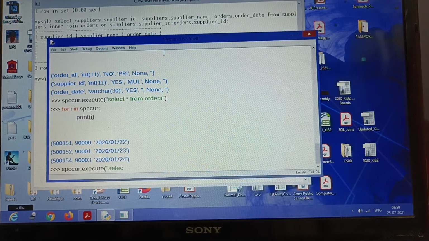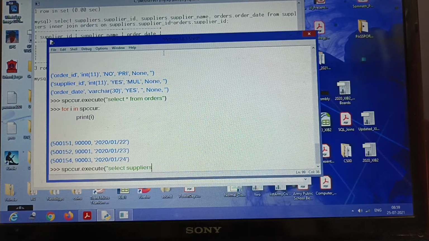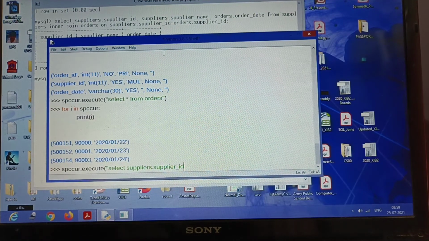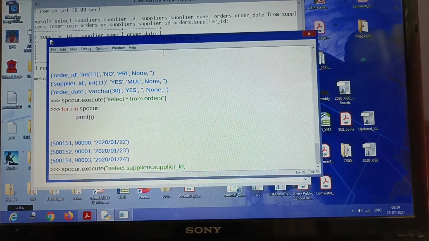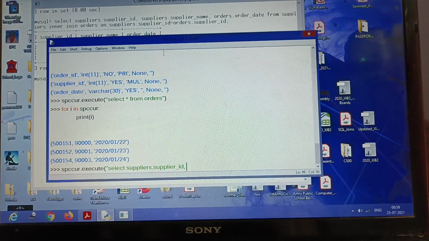Select suppliers dot supplier underscore ID, comma. We have to be very specific and check if there is any error. A small mistake will result in an error in the output.